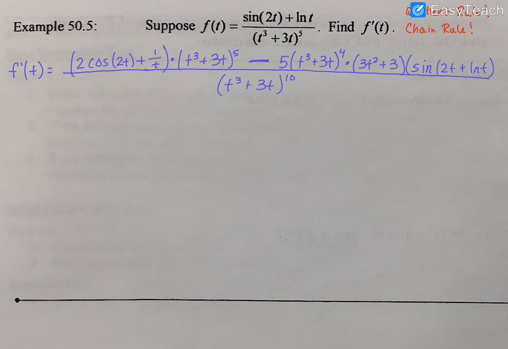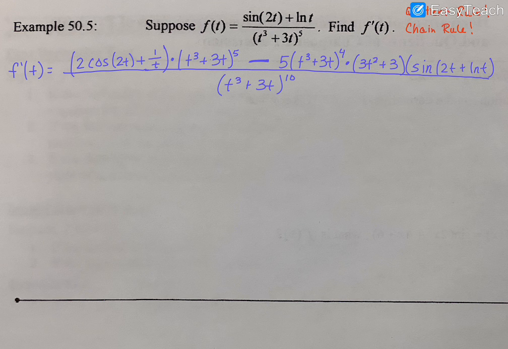And they all have a t cubed plus 3t. How many t cubed plus 3t's do they have? We have exponents of 5, 4, and 10. So that means they all have at least how many? At least 4. So one thing we can do here is we can cancel out